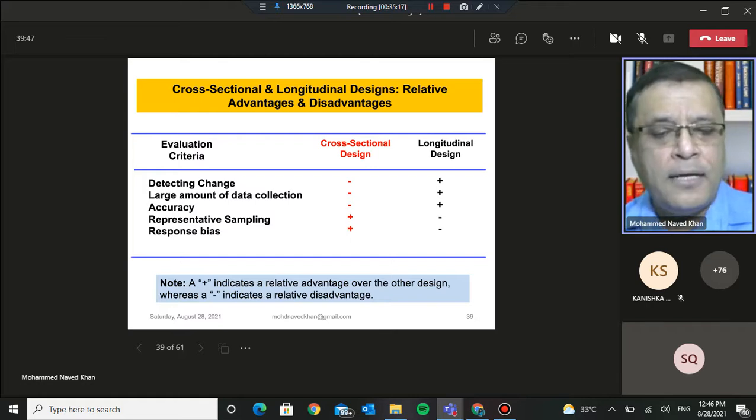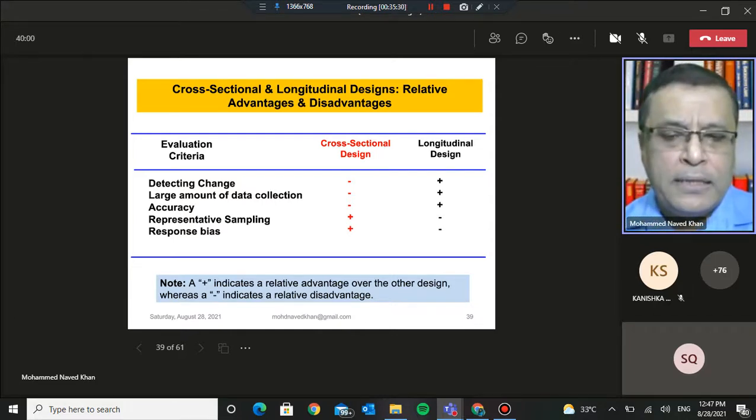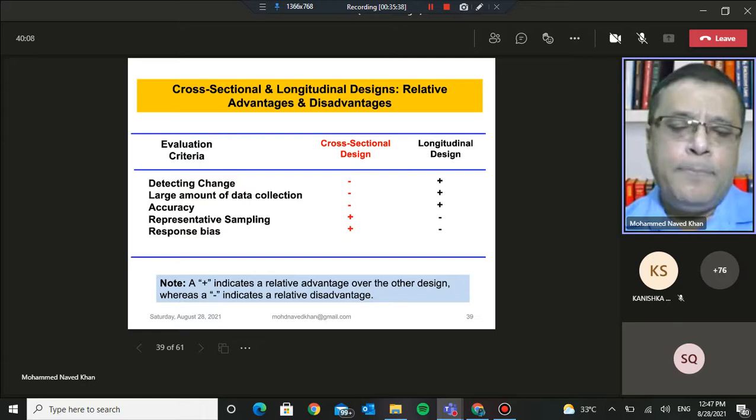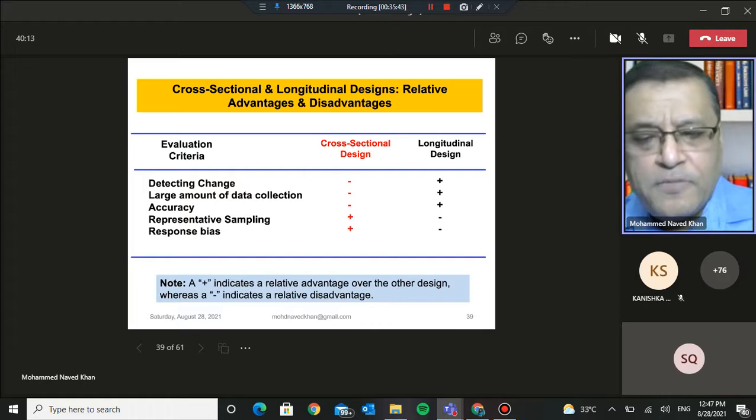I have to approach the members of my sample with a questionnaire which is short and sweet. I should not be taking too many liberties as far as cross-sectional design is concerned. Now, when we say that longitudinal designs are more accurate, remember I shared with you that in case of longitudinal designs, you may provide the questionnaire or the response form beforehand, and you can advise your respondents, your panel members, to provide you feedback immediately after they have experienced a service or a product, so that less reliance is there on memory.